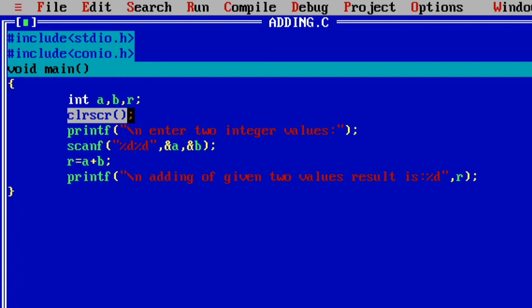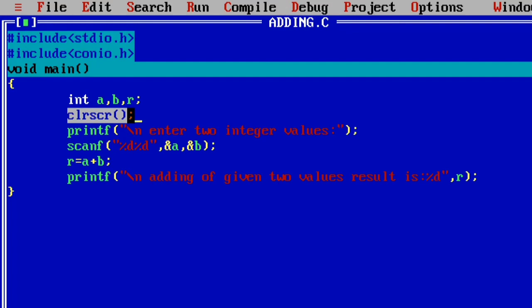The clrscr function is also a built-in function. What is its use? This built-in function clears my output screen and gives the results in a fresh manner.